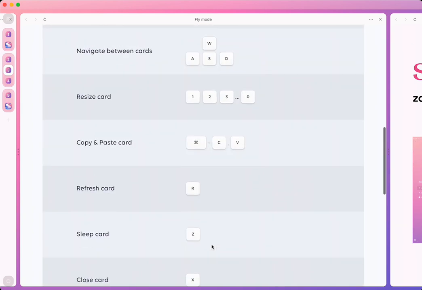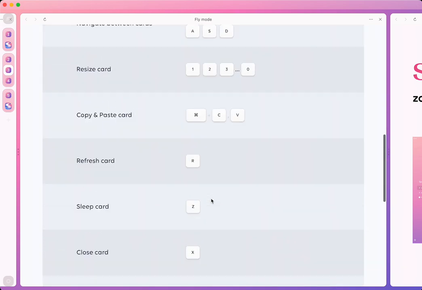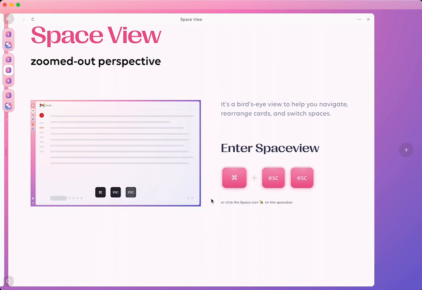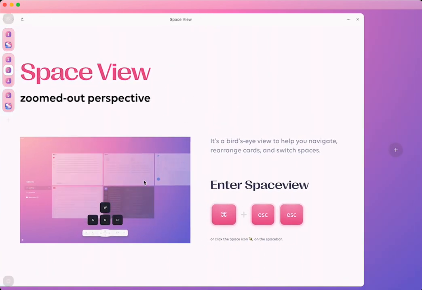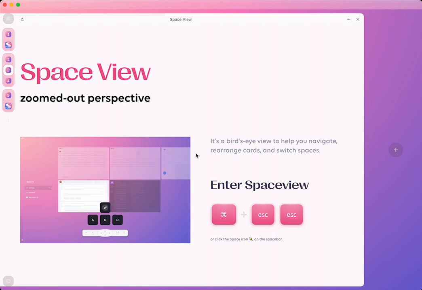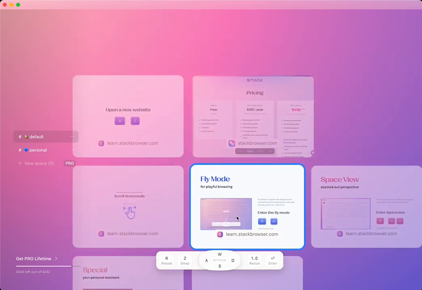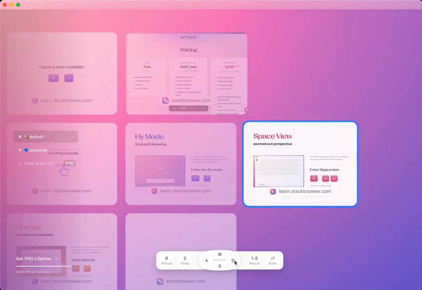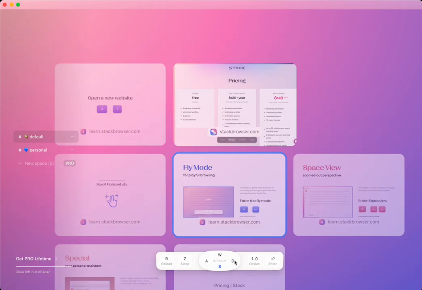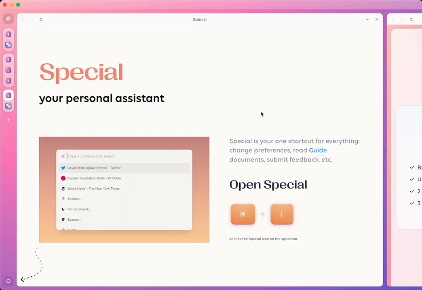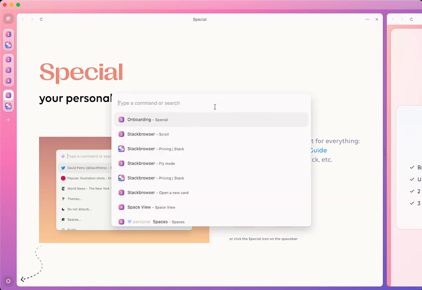And try to control yourself. They also know that this will be a learning curve for sure, because we're not used to experiencing browsers this way. So they have given this joystick kind of a thing with which they tell you how you can navigate this whole browser that's there. And there is also a special, it is your personal assistant, as they say. And as expected, it is